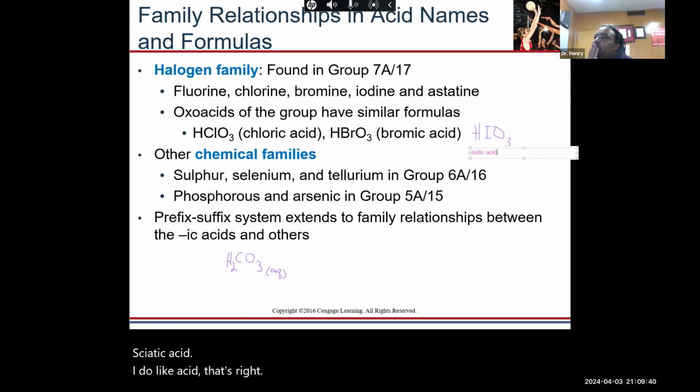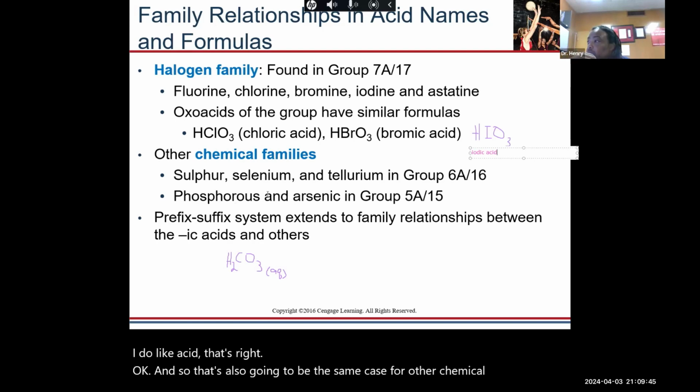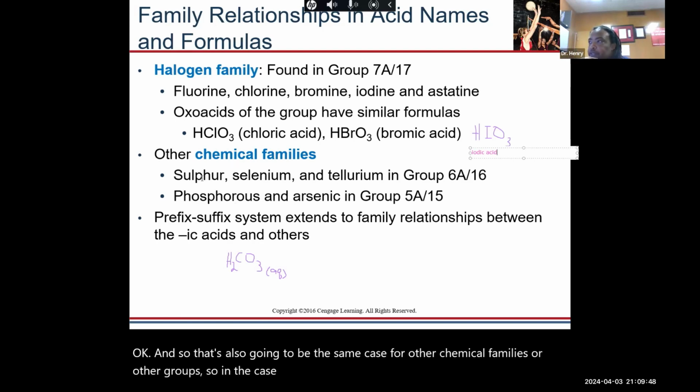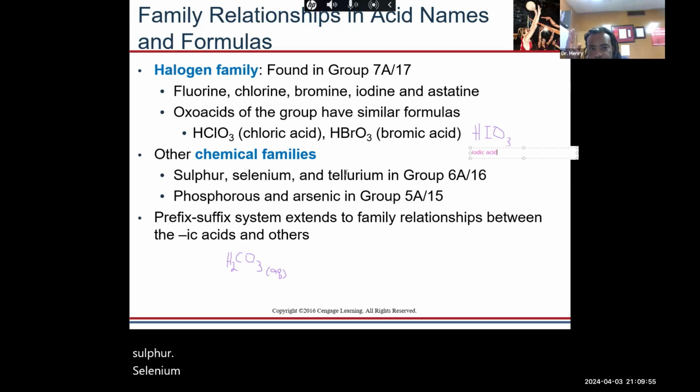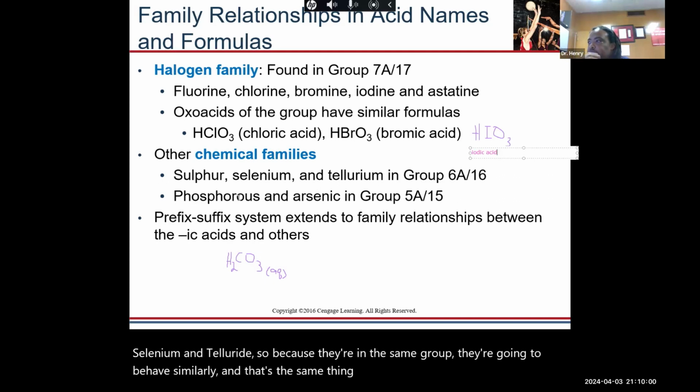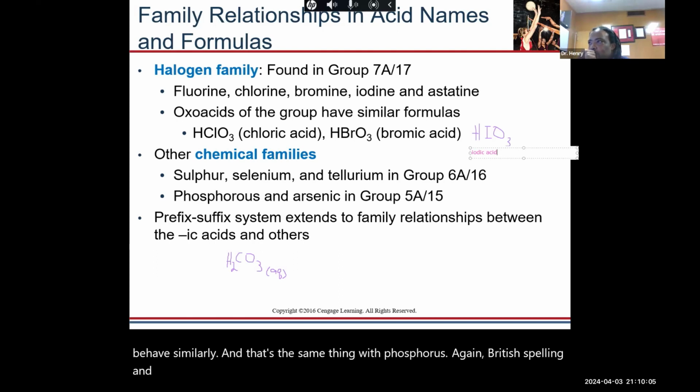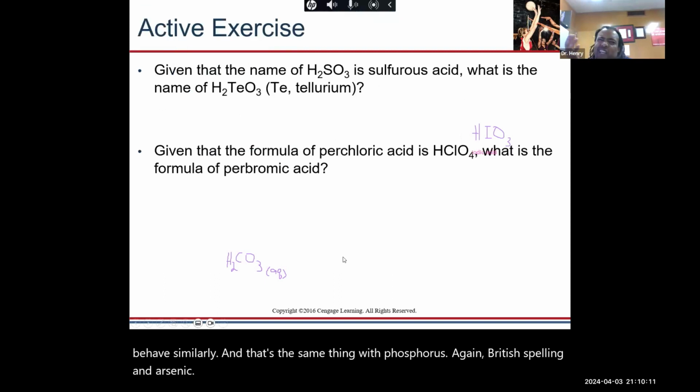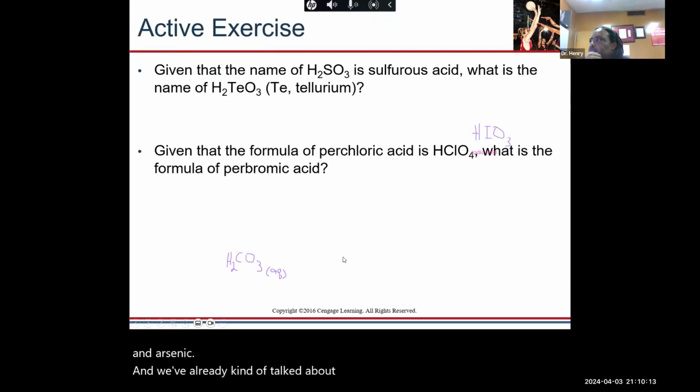Okay. And so that's also going to be the same case for other chemical families or other groups. So in the case of sulfur, even though this is the British spelling for sulfur, selenium and tellurium, because they're in the same group, they're going to behave similarly. And that's the same thing with phosphorus, again British spelling, and arsenic. And we've already kind of talked about that with our polyatomic ions. So given that the name of